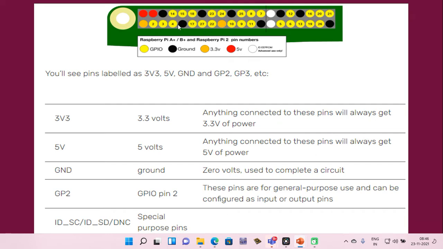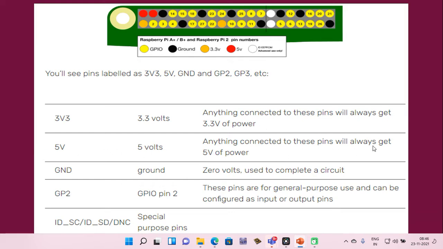So these are the color-coded GPIO pins you've got over here. You will see pins labeled as 3.3V, that means they're 3.3 volt pins, 5V, ground, GP2, GP3, etc. If you see 3.3, this is 3.3 volt. Anything connected to these pins will always get 3.3 volt power. 5 volt.